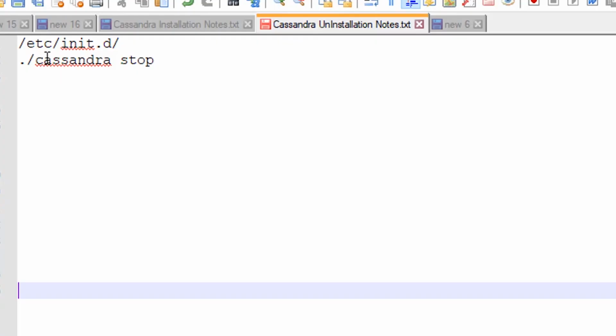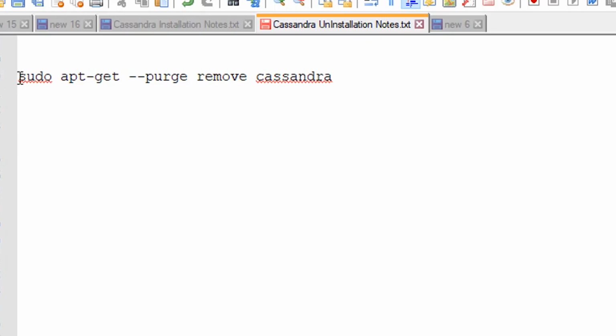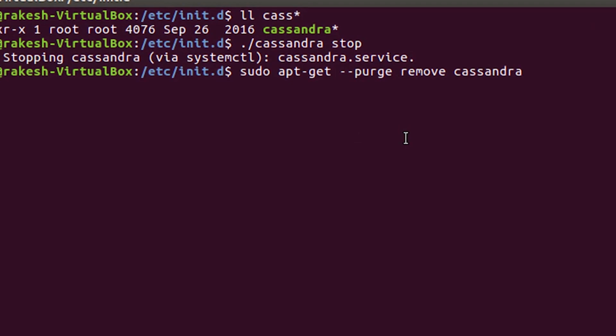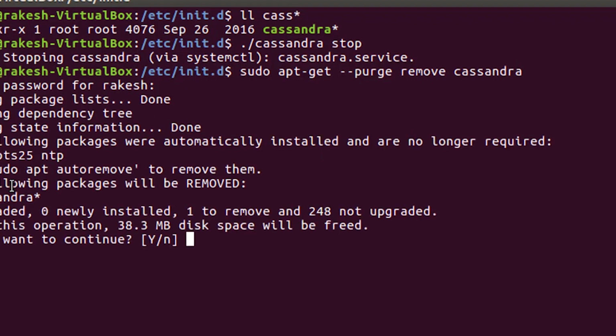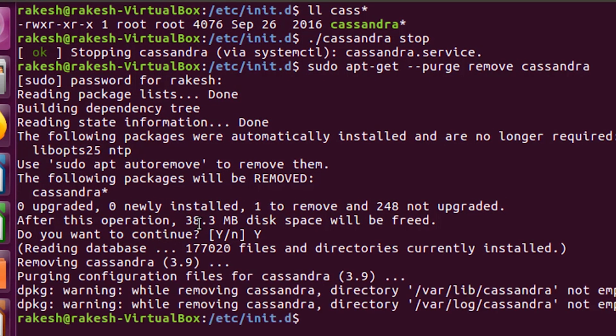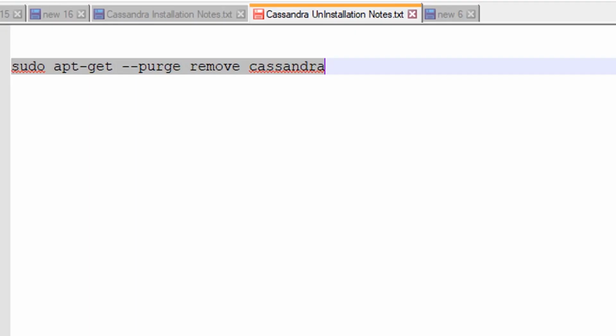Now the next thing you need to do is run this command, which will remove Cassandra from our system. It will remove all the packages and all the supporting files except a few, like log files and so on. That I will show you in a moment. So let me run this command, which will remove all the files of Cassandra. So guys, as you can see, Cassandra has been removed,